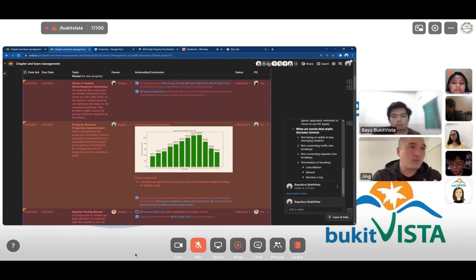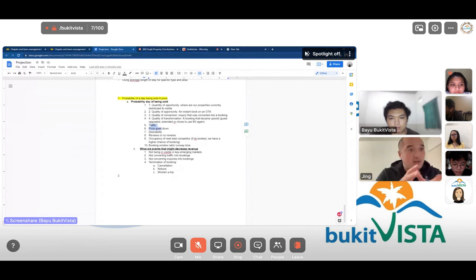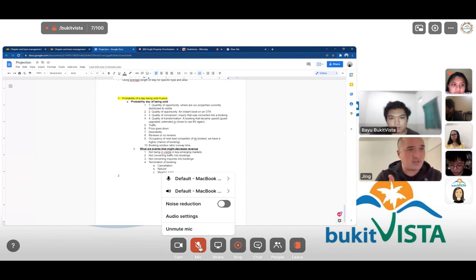It is probably a matter of individual optimization for each particular component to the maximum of its capability, right? What that is essentially is effective pattern matching. What property needs to be paired with what type of guest, which I think Bayu and Hansen have already done the classification for, right?